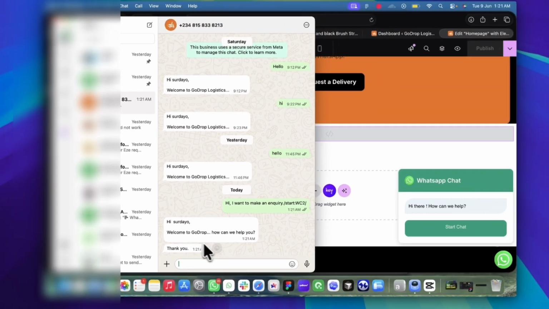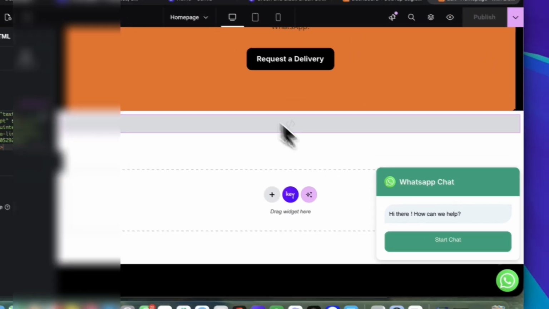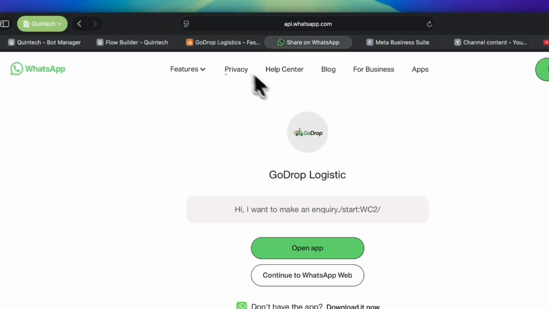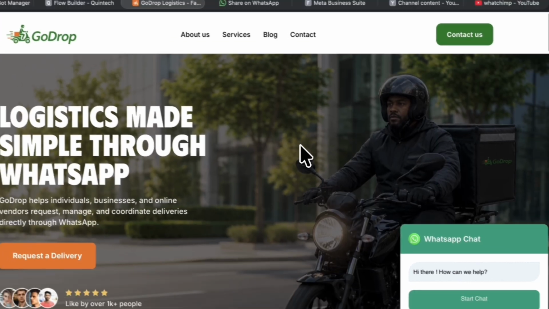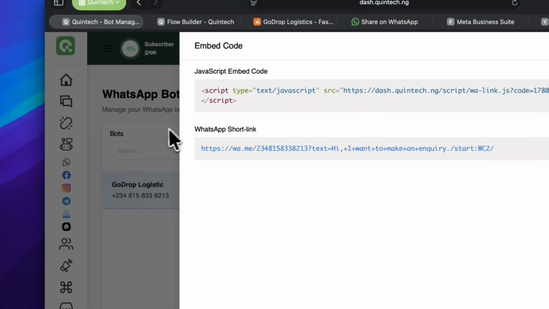Thank you. So from here now, you can continue the conversation, right? Whatever it is you want them to do, you want them to buy a product, you want to show them price, you want to offer them support, whatever it is you want to do, you can always guide them. As long as they are here on WhatsApp, you can control the conversation, right? So you can see the journey, right? From your website, straight to WhatsApp. So this is how to create and connect your websites with